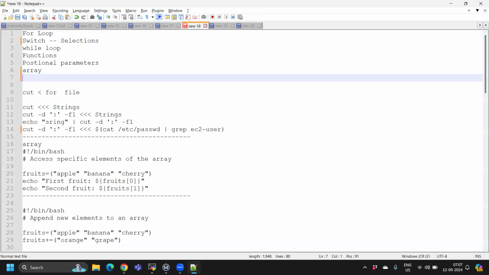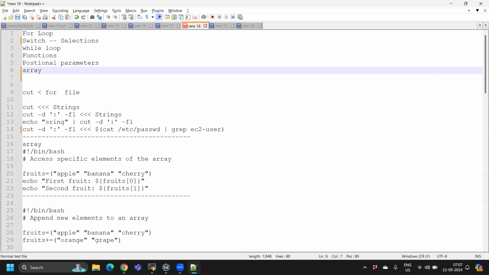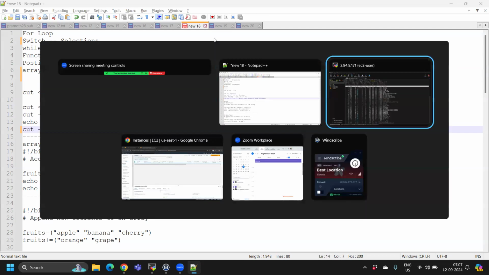Then array, how will you get a single variable, how it will hold multiple things. So we'll see that. Then when we saw the basics, we didn't see the cut command. We'll see the cut command. After the cut command, we'll start with the for loops. Cut is nothing but